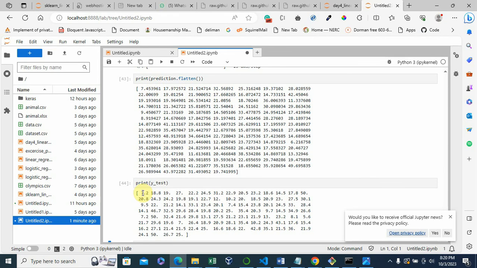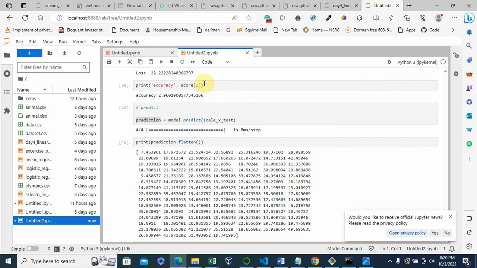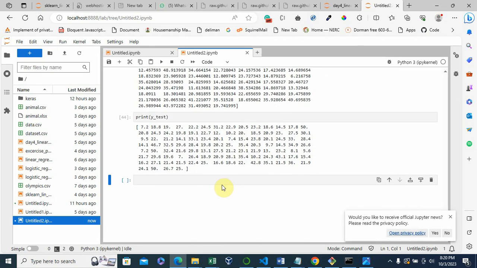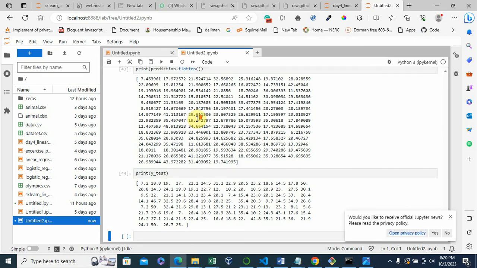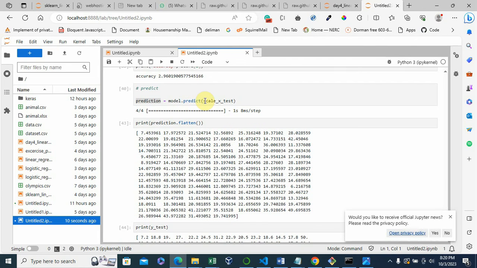This one is 18.8, the prediction for it is almost 18. Though the data is not so organized, the prediction is within reasonable acceptance, which means that your model works well.